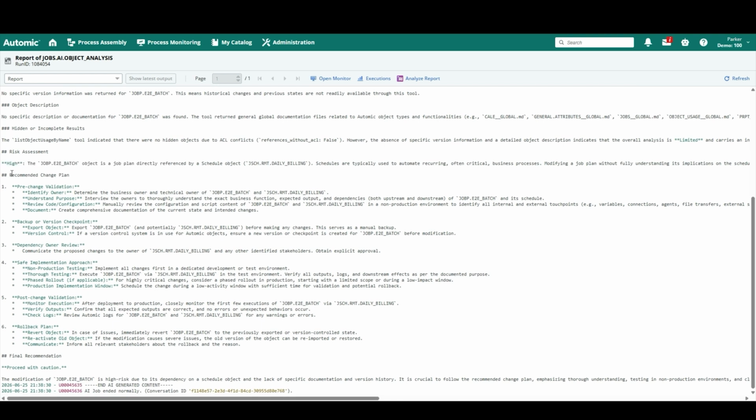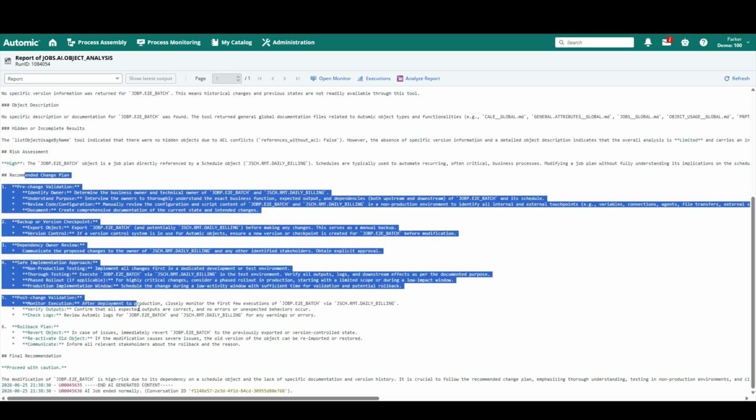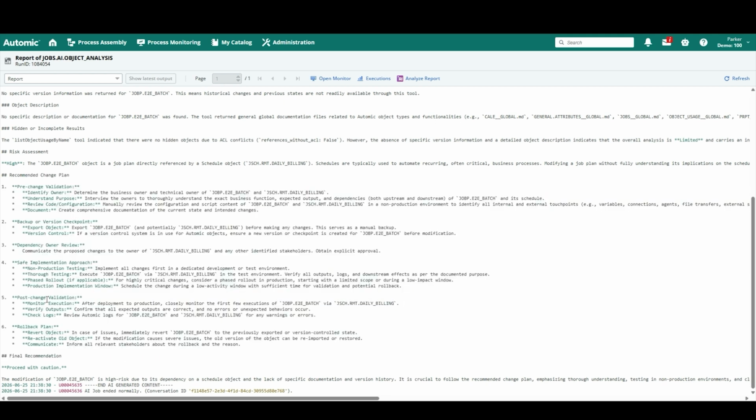And then we also look at recommended change plans. So if we're going to change it, here's what it would recommend and how to roll back, post-change validation, safe implementation approach, dependency overview. So what this is doing is getting rid of me having to contact, as I mentioned, all those other people to understand how this job is going to affect. It breaks down the barriers of me needing to know everything, and it puts it all right into one report